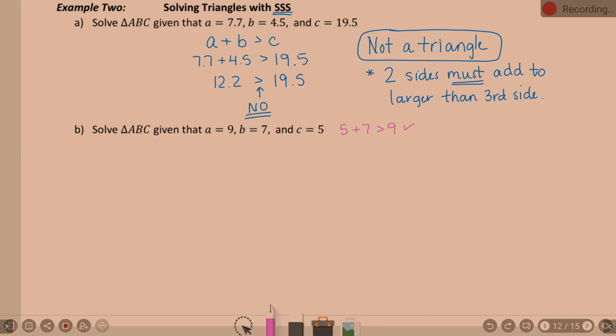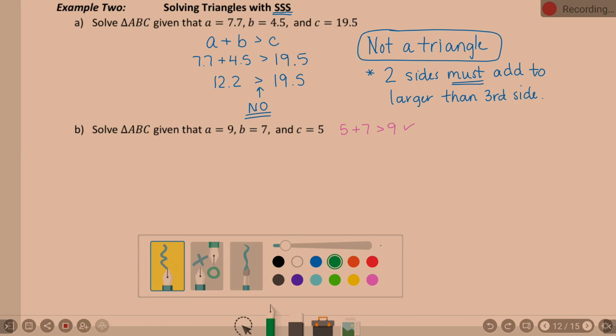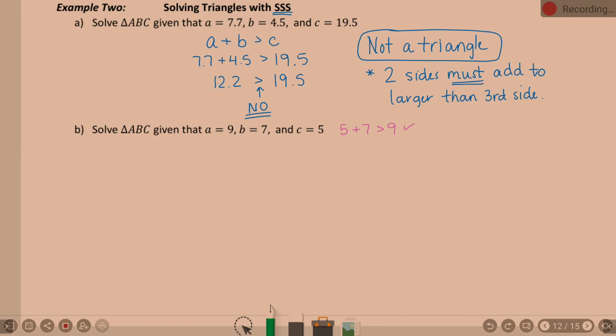Okay, which angle would you like to find first? Nope, here, C. Why is he picking C? Okay, you have to find the smallest angle first. C is the smallest side, so we need the smallest angle. In all honesty, you could find C or B first because they are the two smallest angles, so they are guaranteed to be acute angles. My rule of thumb is I always just go with the smallest. And so with that in mind,